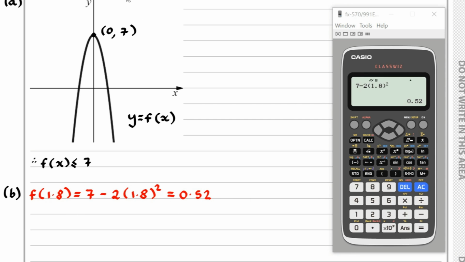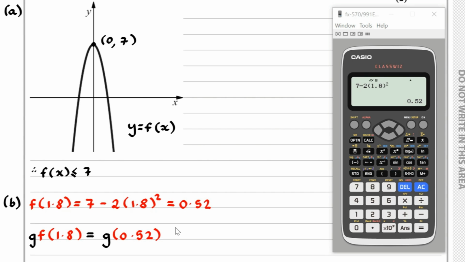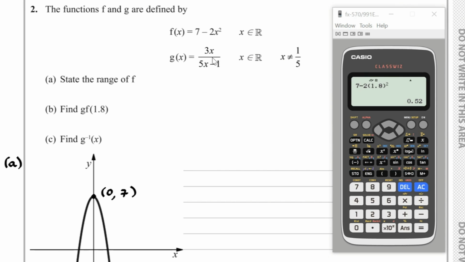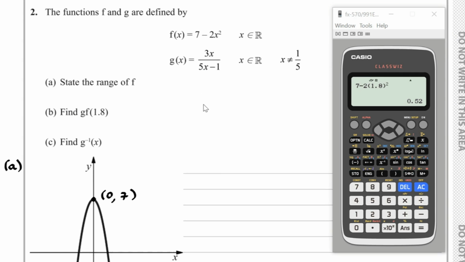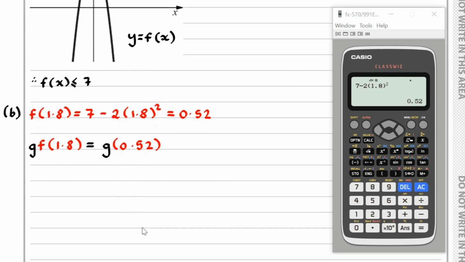And so therefore, g of f of 1.8 is the same as working out g of 0.52. In other words, if we take a look at what g is, we need to replace the x with 0.52. And if we do that,